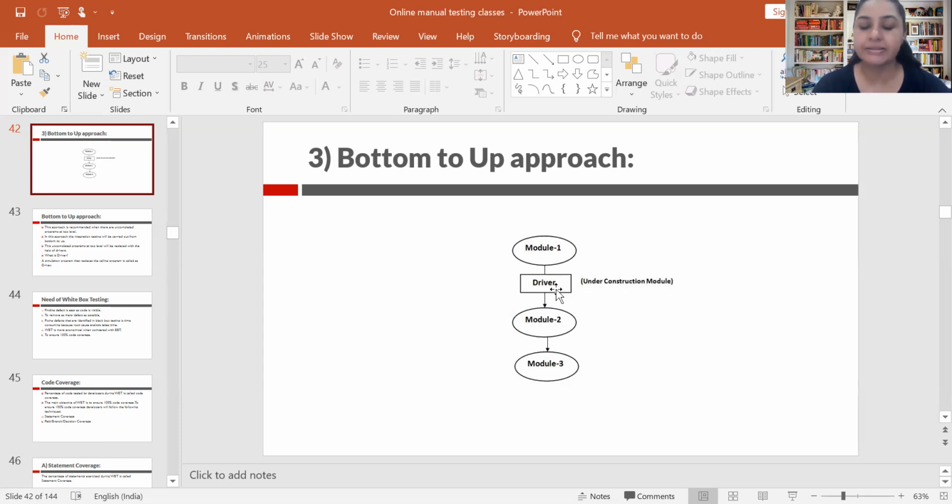So we replace this function with a dummy or temporary program that is called a driver. Now the driver will call the module, so that integration testing does not stop and can easily be done. So the calling function is called a driver, while the called function is called a stub.